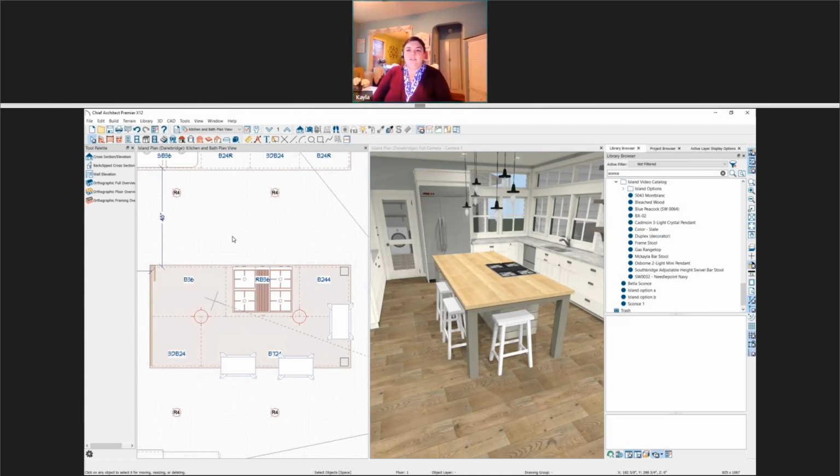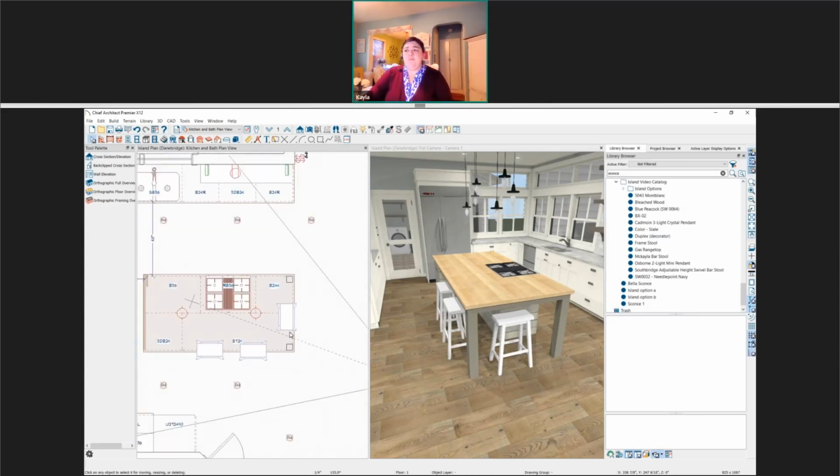How do you easily draw sinuous curves or curved countertops that are sort of random sizes? What I always recommend when you're working with curves is that you get the start and end points for the curve first. So you draw a straight line first.